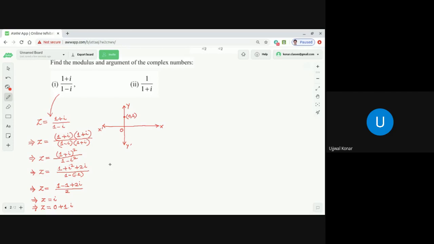So what is the argument of z? The argument of z here, if we consider this is in the first quadrant, then what is that? Tan inverse of b by a. What is b? Tan inverse of 1 by 0, correct or not? So what is that? Tan inverse of tan pi by 2. Tan 90 degrees is undefined, no? And if you recall, this is equal to pi by 2.